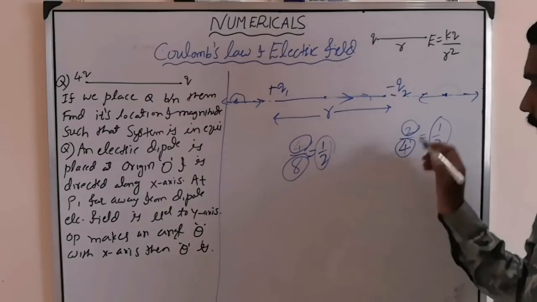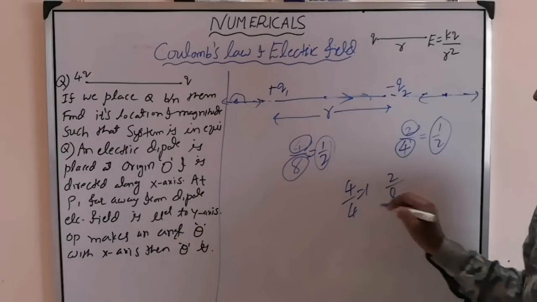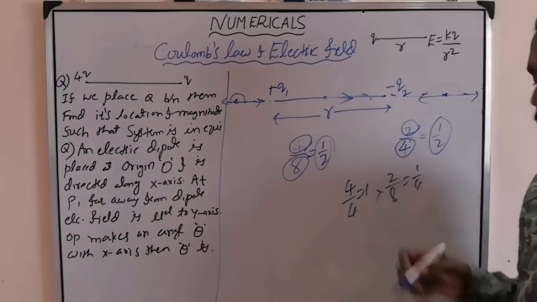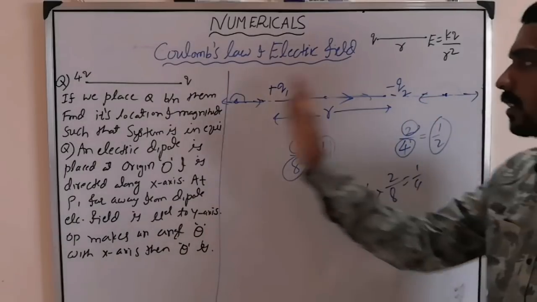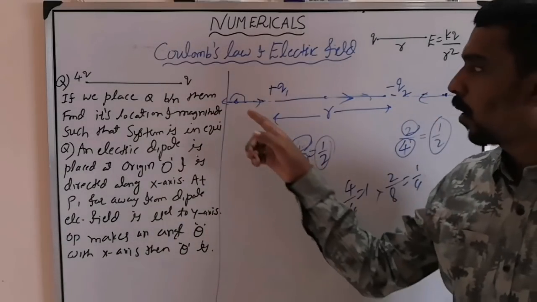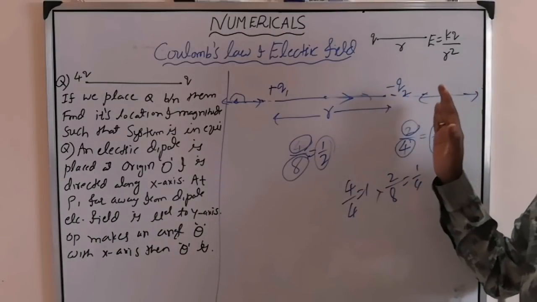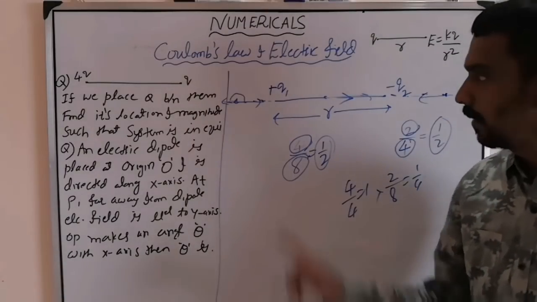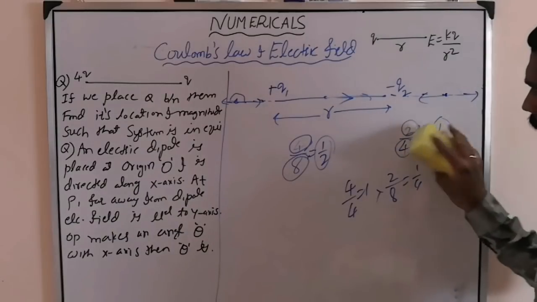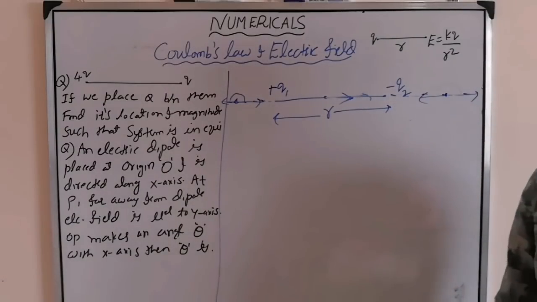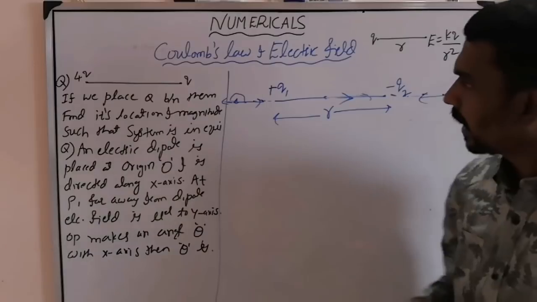But if you take the reverse, small charge 2 and the great distance 8, and 4 by 4, this ratio 1, this ratio 1 by 4, never becomes equal. That's why the confusion should be avoided, whether this side or this side, by taking the point near to which one? Smaller charge. You have to take the point towards the smaller charge. If this is the small charge, take this side. If this is the small charge, take this side. These all things we have discussed, but I am reminding. So these are all the possible cases. You can get it.